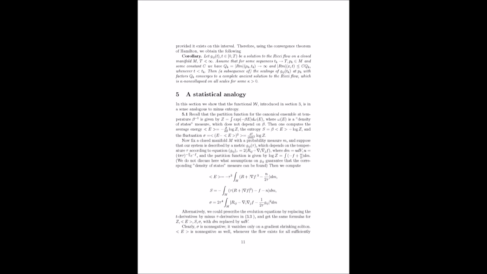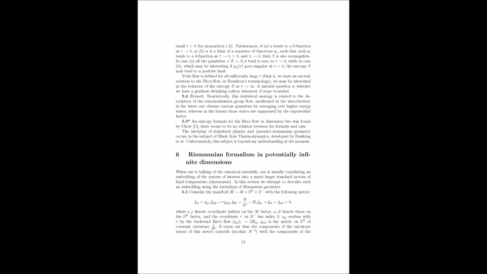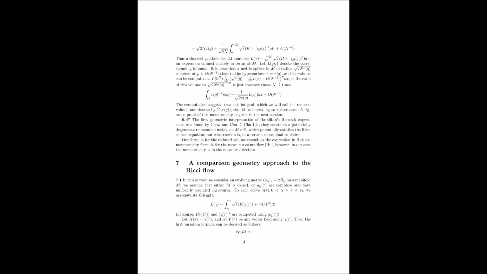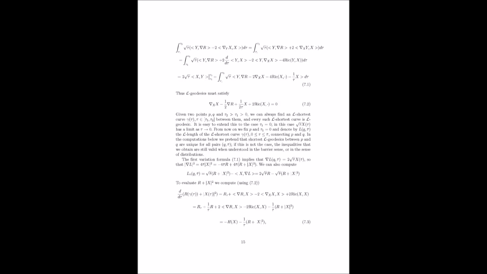Okay, now we're talking about entropy, temperature, and hypersurfaces. Can you help me understand how those all fit together? Imagine you take a slice of M at a fixed value of the scaling parameter. Okay. That slice, that's a hypersurface. It's a space with one less dimension. And the total scalar curvature of this hypersurface is directly related to the entropy of our system. So the curvature of this slice tells us something about the entropy of the Ricci flow.